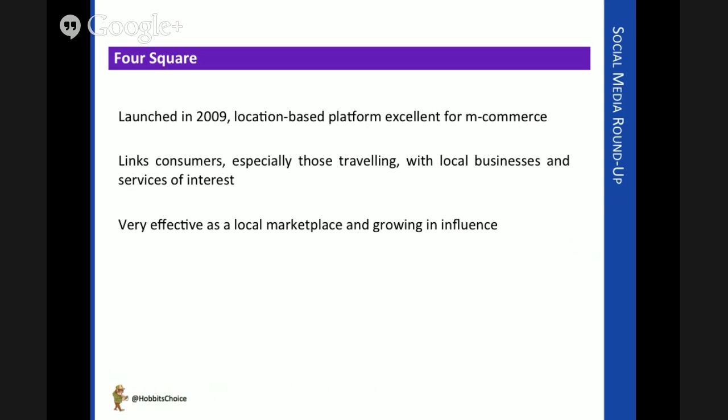If you go to a new city, you check into your hotel, click on Foursquare, find out everything from things to do and see in the city you're visiting to local bus services, taxi companies, restaurants, whatever it is you need. It's kind of a portable local market. You arrive somewhere, enter Foursquare, check in, and you immediately are presented with a series of links to things that you use, but within that geographical location.